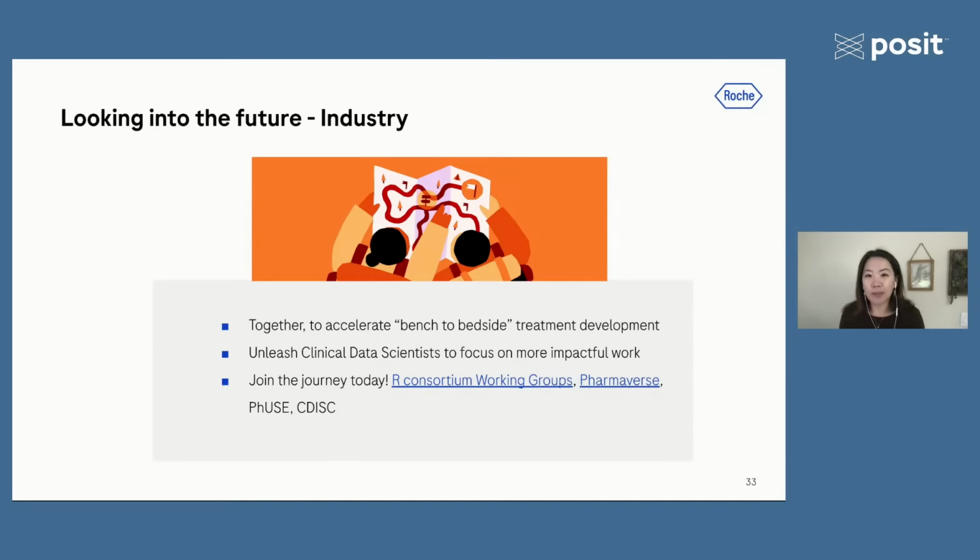And we also truly believe that by automating the automatable tasks and reducing repetitive and manual work, we will be able to unleash our clinical data scientists to focus on more impactful work to really bring benefit to patients. So lastly, I just want to say thank you to everybody who has been part of this